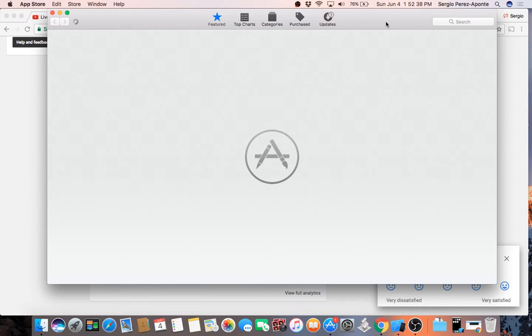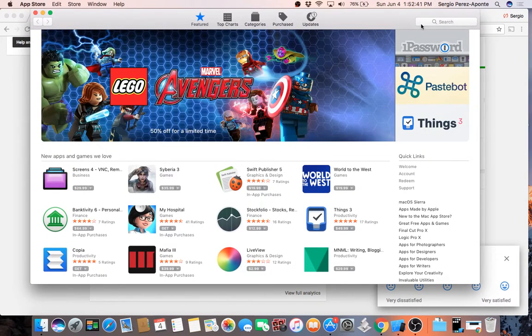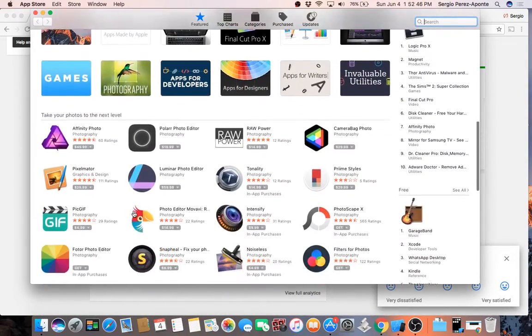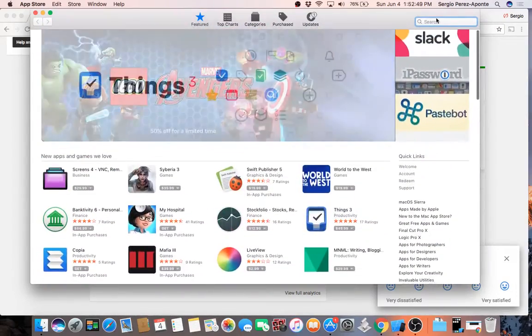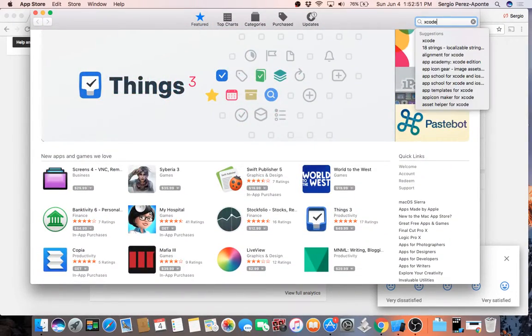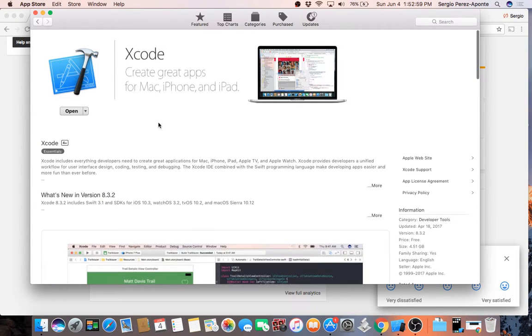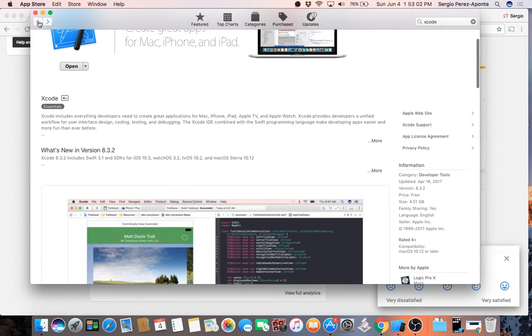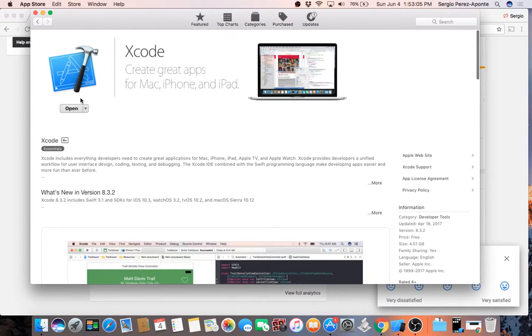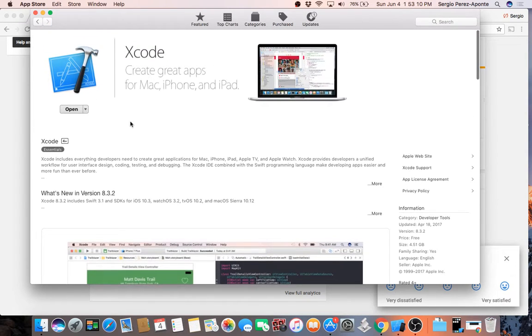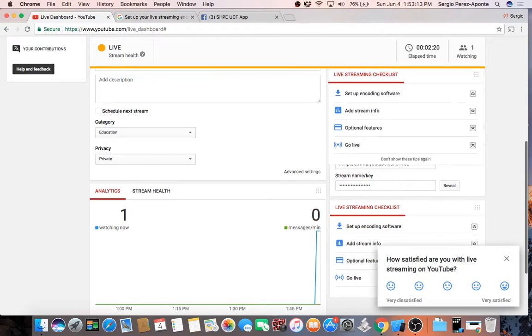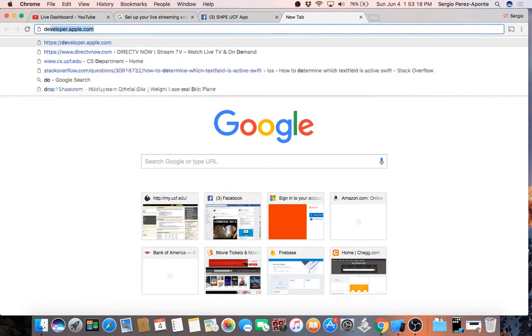If you have it installed on your computer, you go to the App Store and it might be here. If not, just do a quick search and make sure that you get this one, because as you see, there are several teams there. Mine stays open because I already have it installed on my computer. You need to download that. Once you download that, you need to go to developer.apple.com,